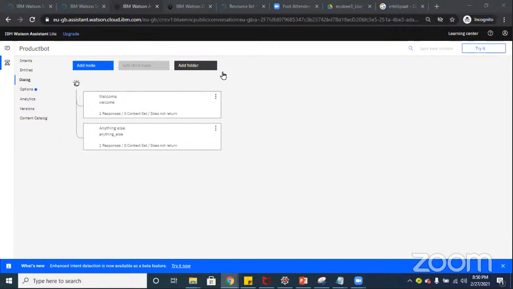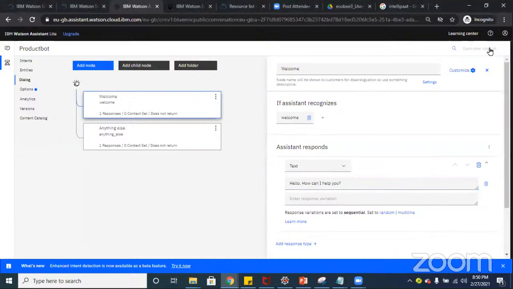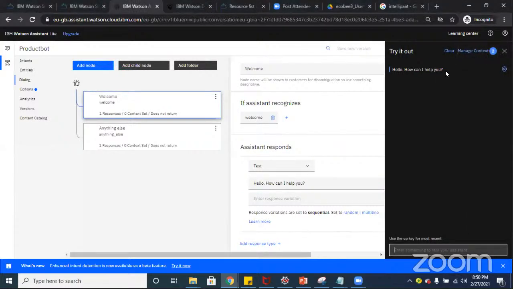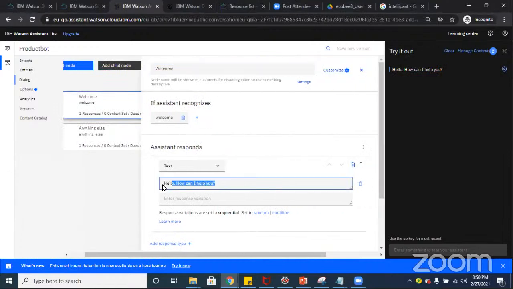Now, if you click on dialogue, you have 2 nodes, which are welcome and anything else. What is this welcome node? Whenever you open a bot, the first thing the bot responds with is, hello, how may I help you? If you click on this, you can see it says, hello, how may I help you? Can you see this? Now I just remove this and change my